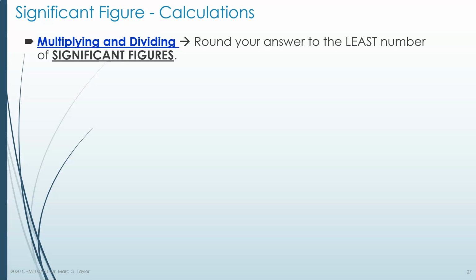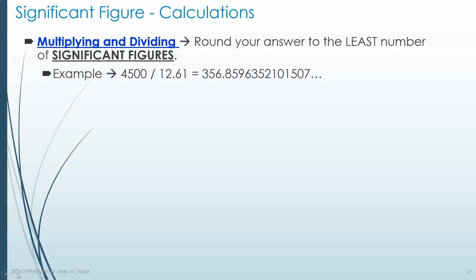There are very specific rules on determining how many significant figures your answer will have once you've multiplied or divided other numbers, or added and subtracted other numbers, to get that new answer. The rule with multiplying and dividing is that you will round your answer to the least number of significant figures that was present in any of your original component numbers. For example,